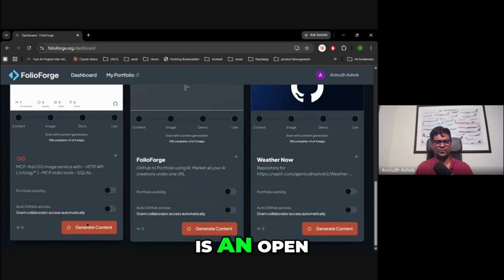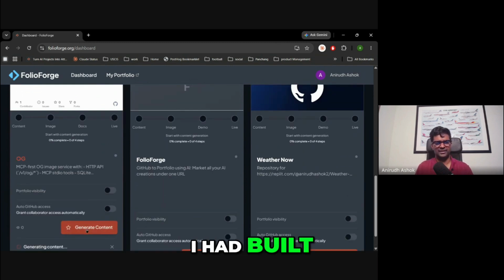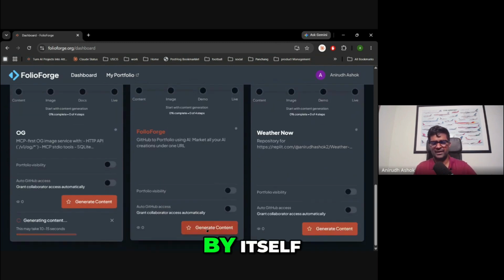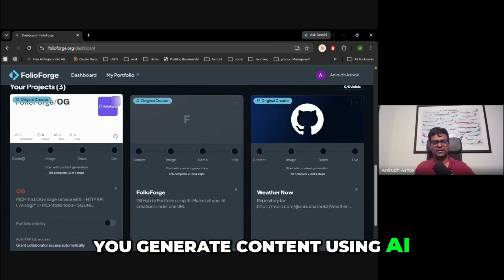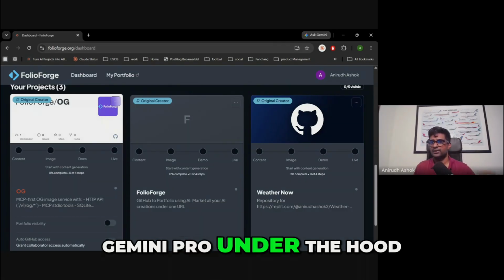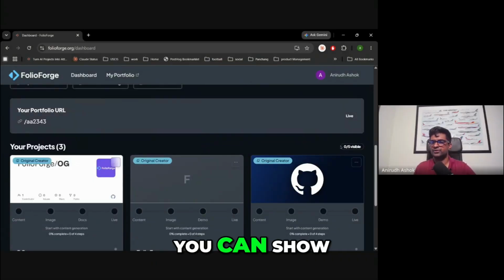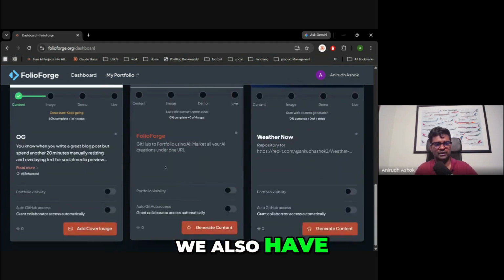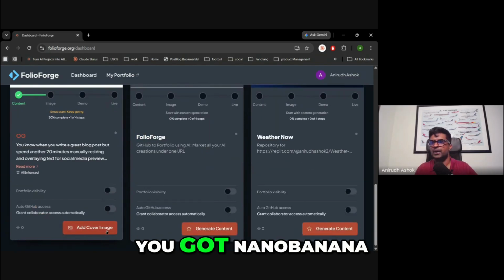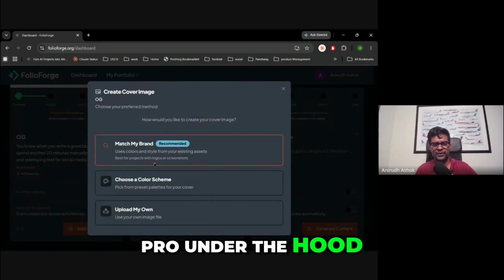The first one is an open graph image generator that I had built. The second one is FolioForge by itself, and it's a simple 1, 2, 3. You generate content using AI, and I'm using Gemini Pro under the hood. If you're a free user, you can show up to 5 projects publicly on your portfolio. And if you are going to be doing, say, the pro version, you can pretty much have a portfolio with unlimited projects. We also have a generate image button where you've got Nano Banana Pro under the hood,